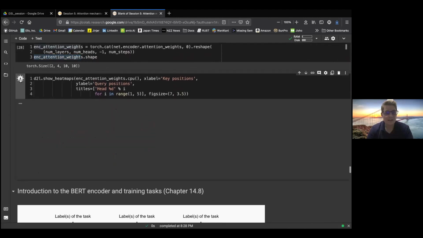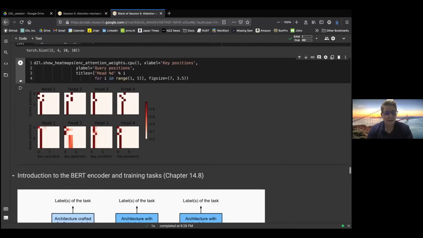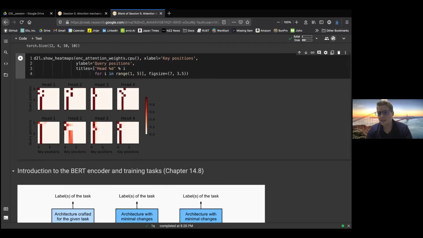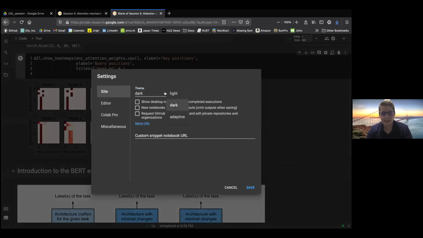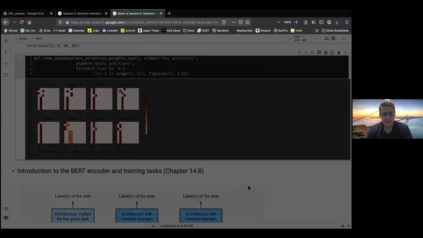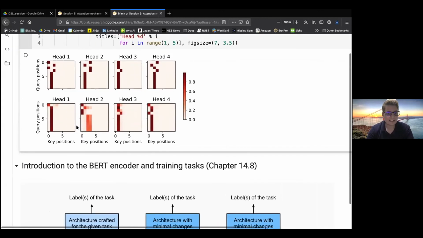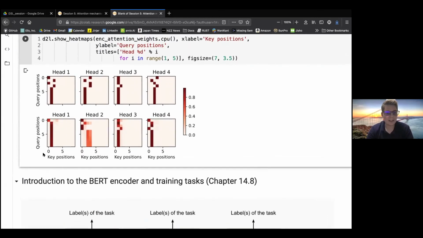object. And if I create the heat map, let me actually change the color here of my notebook to something light. Cool, we can read the X and Y labels. Here we have the key positions and we have the query positions. And here will be the